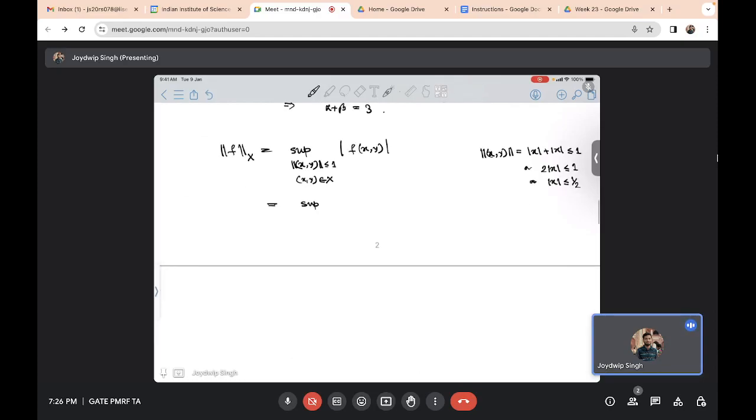So you will get this condition: the supremum over mod x less than half,